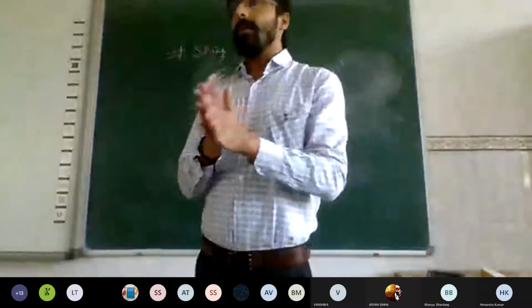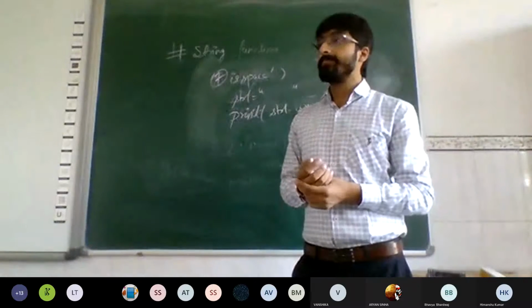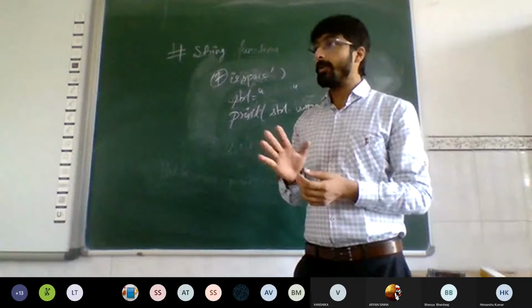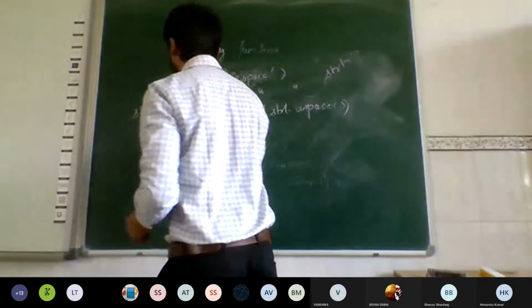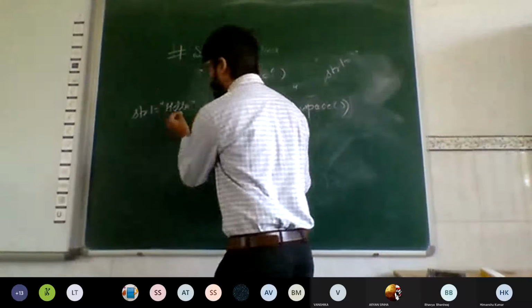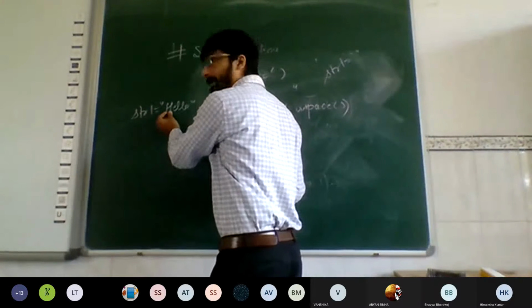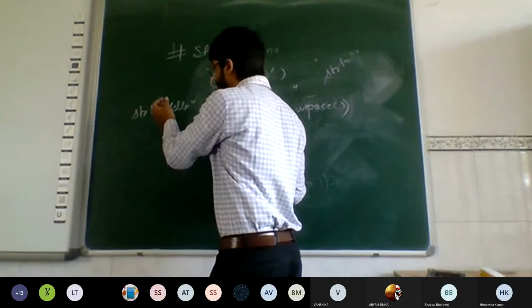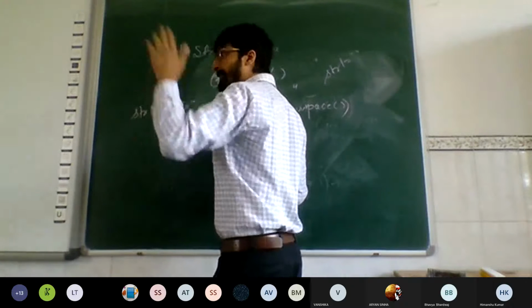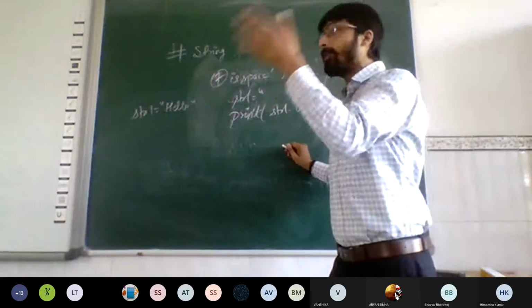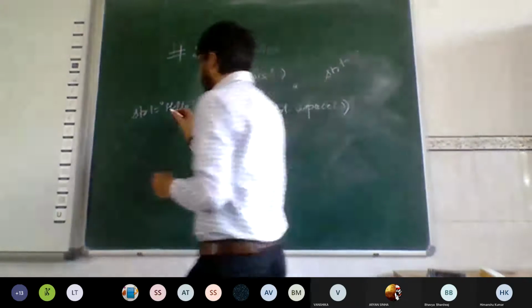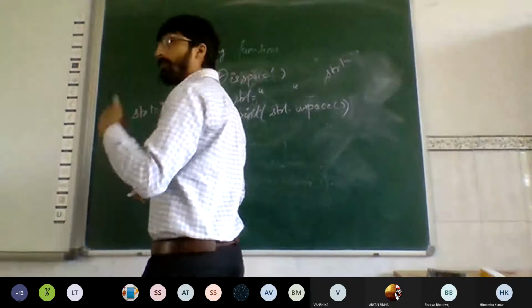Write this program. You all know how to traverse a string? Traversing means accessing the characters of a string one by one. Suppose I have taken this string. To access the characters one by one, because I am going to check whether this character is an alphabet or a digit, like this. We have to check for each and every character. If it is an alphabet, we are going to increment the counter variable taken for the alphabet. So to access each of these characters, we have to traverse the string.